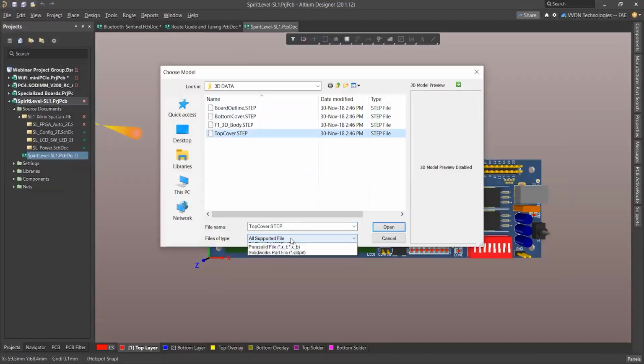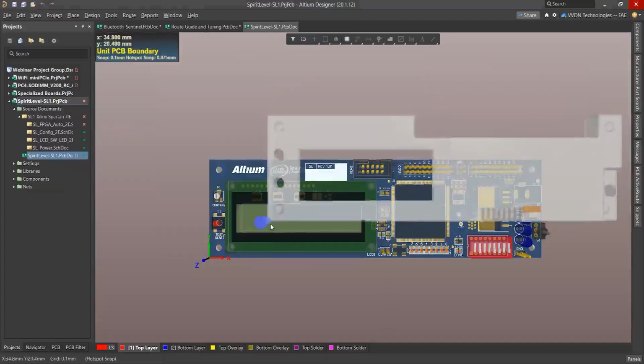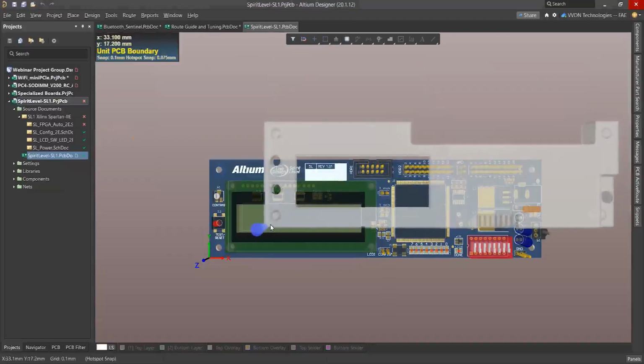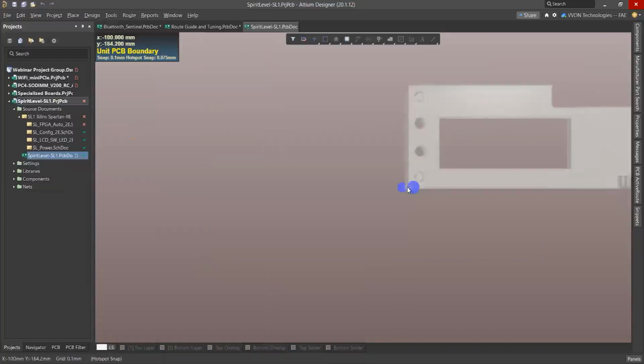Here you can see all the supported formats like .stp files, then Parasolid files, and SolidWorks files are supported for that, and we can open. Then if you click J, from this command we can select absolute origin, otherwise current origin. We can select the origin.